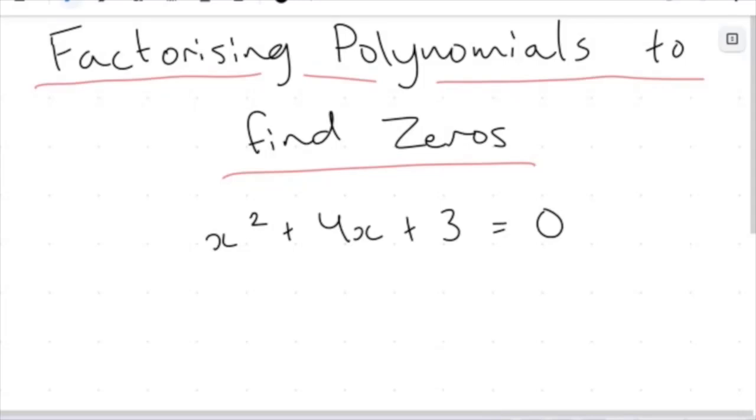Okay, so in this video we are moving on to factorizing polynomials to find zeros. In other words, basically, we are just trying to solve polynomial equations. We're going to be looking at some higher powers, so powers of 3, things like these cubics. Now, we're going to be applying things like the factor theorem that we learned in the last video, but